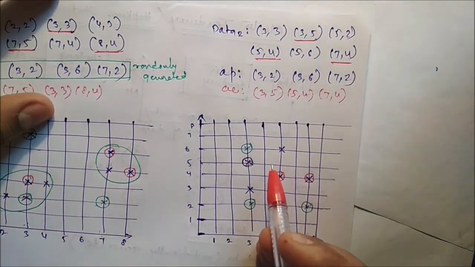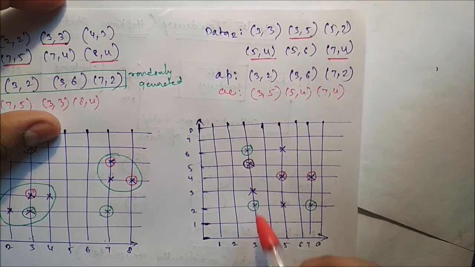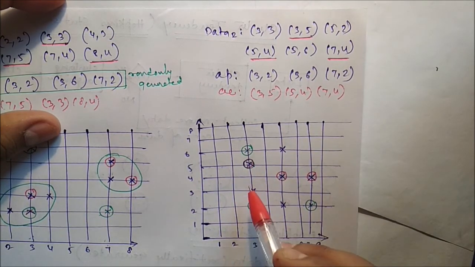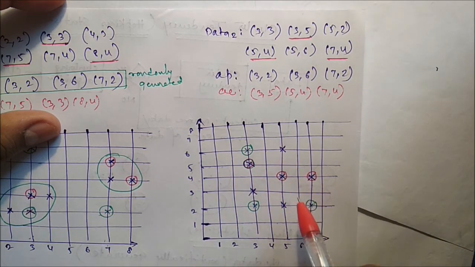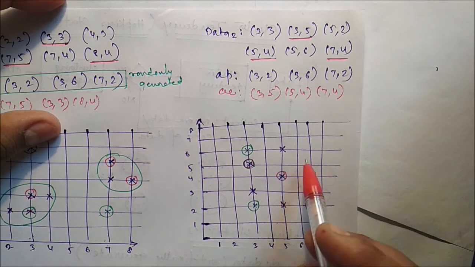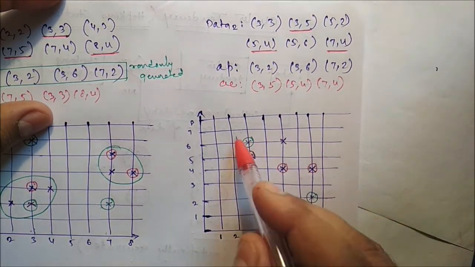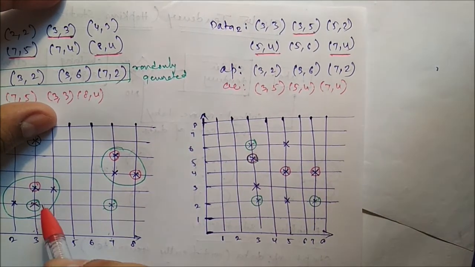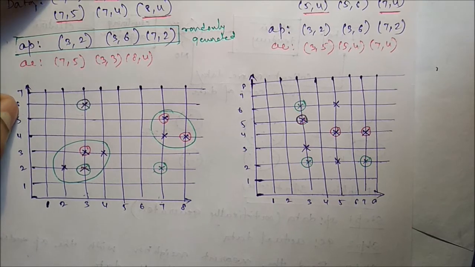But you can see here the data look like this way: say 3, 3, 3, 5, 3, 5, 4, 5, 4, 5, 6 and 7, 4. Now you can see there is no cluster tendency. Clustering tendency is not there. It's assumed as a single group. But here definitely two groups are there. So we have to calculate the